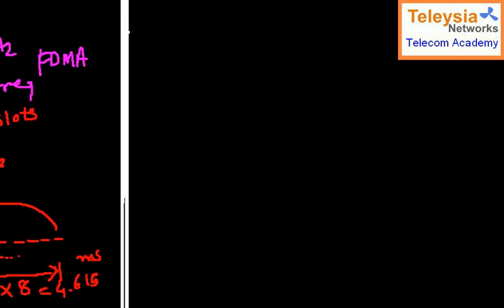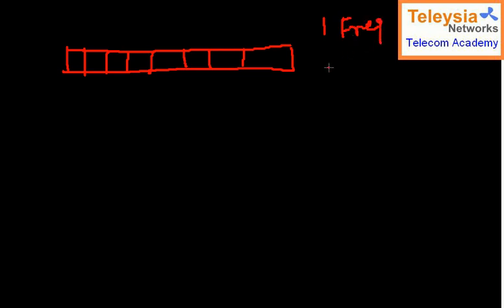So let me tell you in an easier way. There's one frequency, this is our one frequency, and in the one frequency you have 8 time slots. Sorry for the bad drawing because it's not easy to use the tablet. Anyway, so now you can see we have one frequency, 8 times